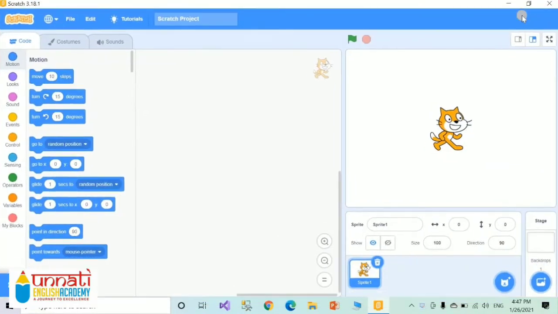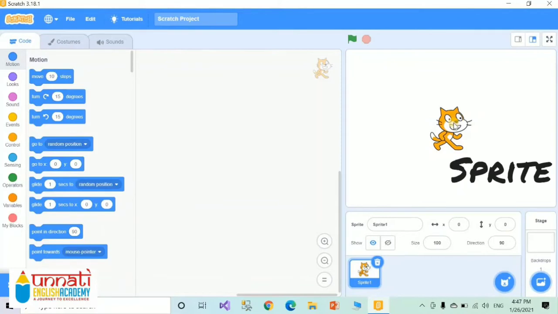Okay, so let's start. The first component of the Scratch window is the sprite. Students, do you remember the turtle? This is exactly the same. The sprite is an object or graphical character that you see on the Scratch stage.